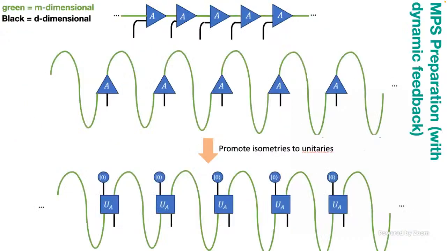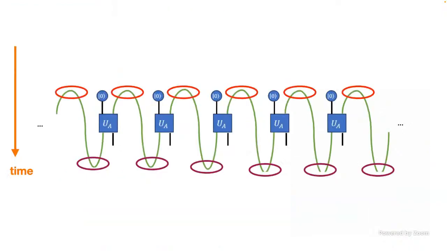Okay, and now what I want to do is turn this into a constant-depth circuit. And so now we're just going to do proof by diagram. This is the tensor network that I'm working with. And all I'm going to do is change where things are drawn. And so here we have now drawn it in some different way. And it's still obviously the same tensor network, as all that matters is topology, who's connected to whom. And again, I can turn all my tensors into unitaries. And now I'll just say time is this.